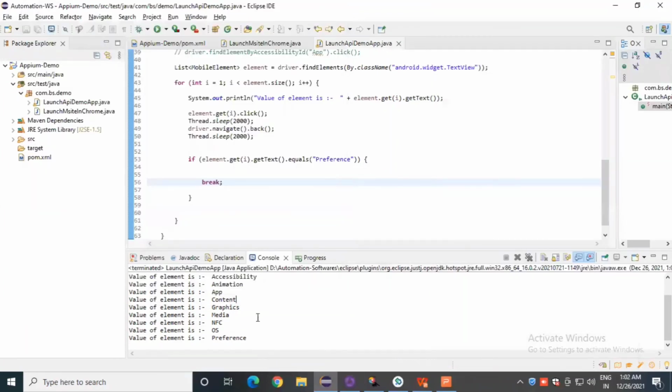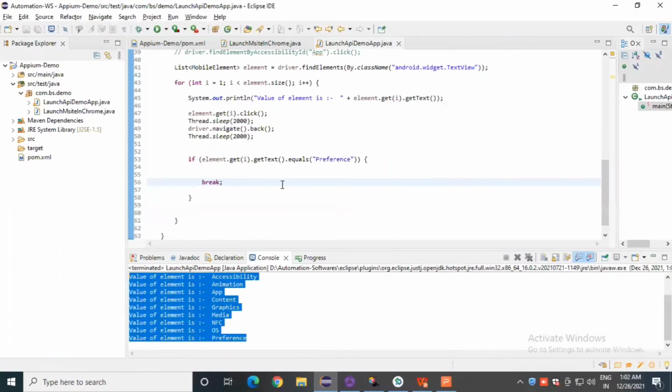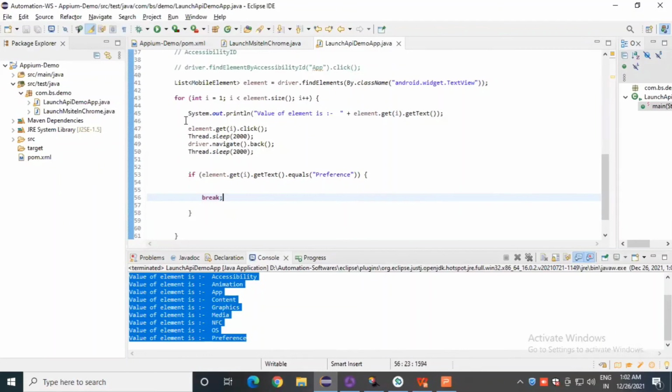So the script is broken, and here we go: accessibility, all the content elements printed properly, and it will click one by one on all the elements through the simplest code. Okay, we're using class name as the locator. So we do not need to define accessibility ID and ID and all the things multiple times. So we need to define some logic while working with class name.